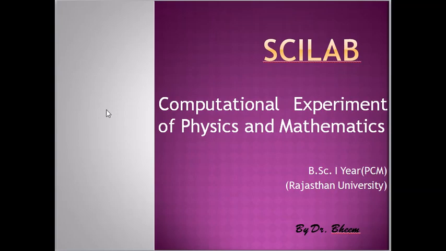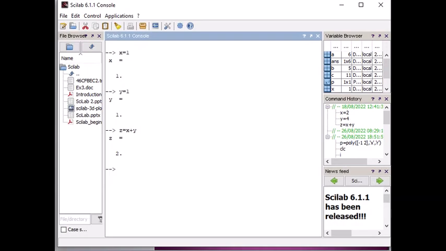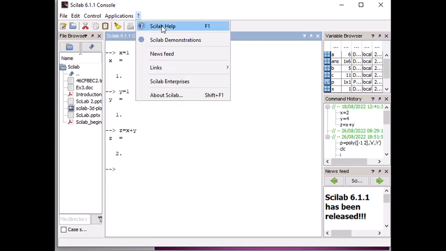So before that we should know about the software. In this software we have the command window, command history and variable browser, and if we need help about this software then we can take help from this question mark function, or we can press the F1 key.